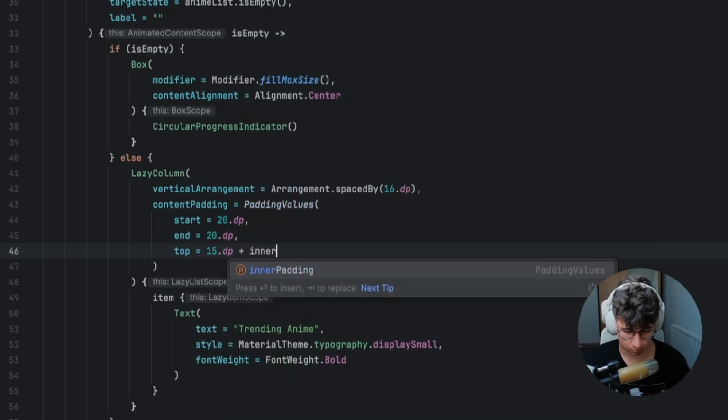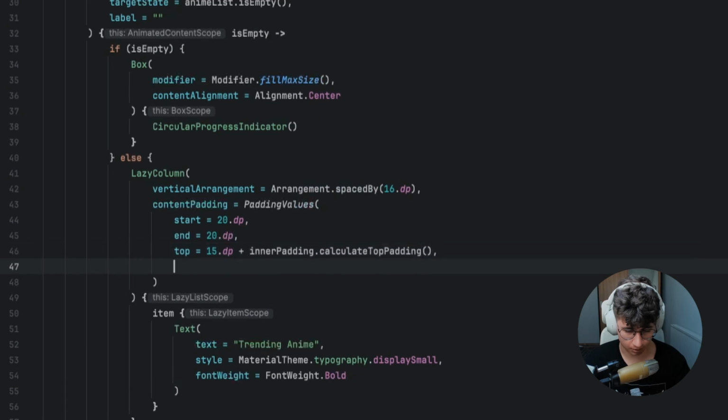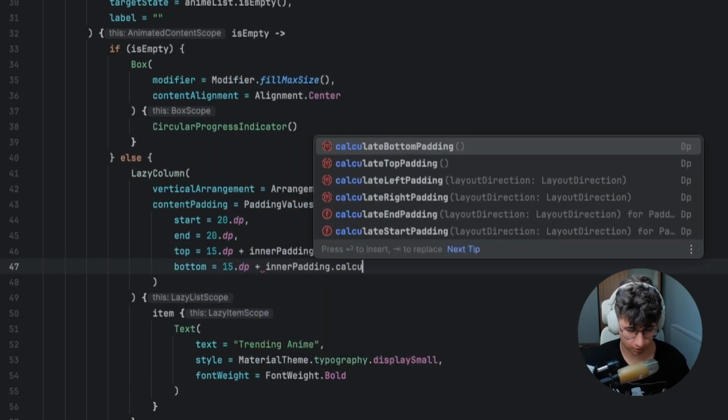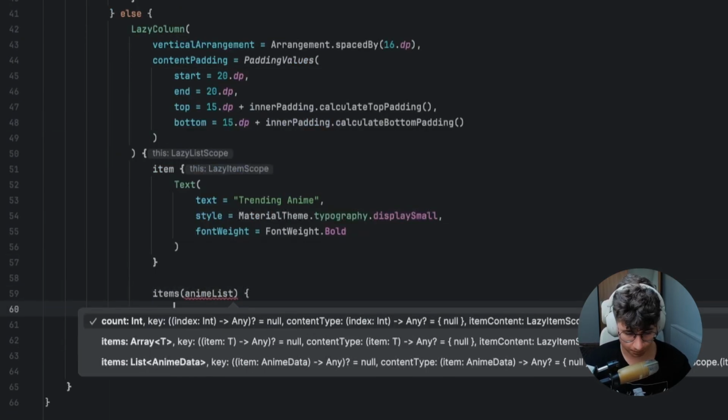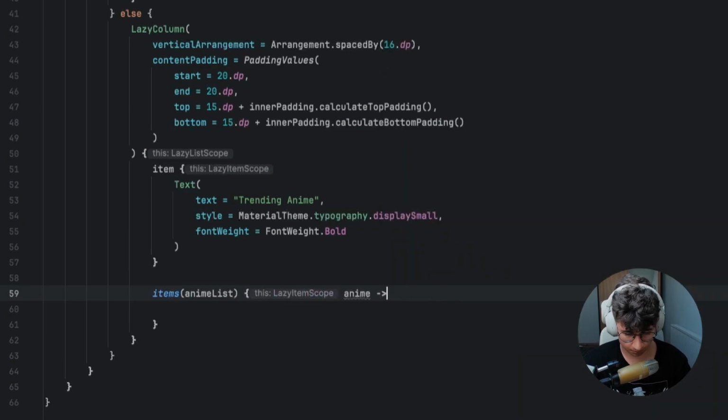Calculate top padding, and the bottom is the same thing, but we simply say calculate bottom padding. Okay. Now let's go here and say items, and we will pass the anime list, get the anime, and now